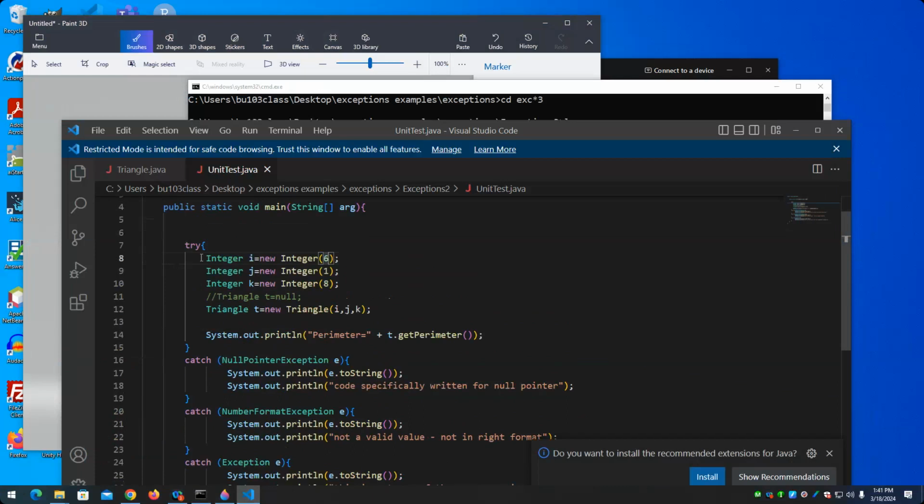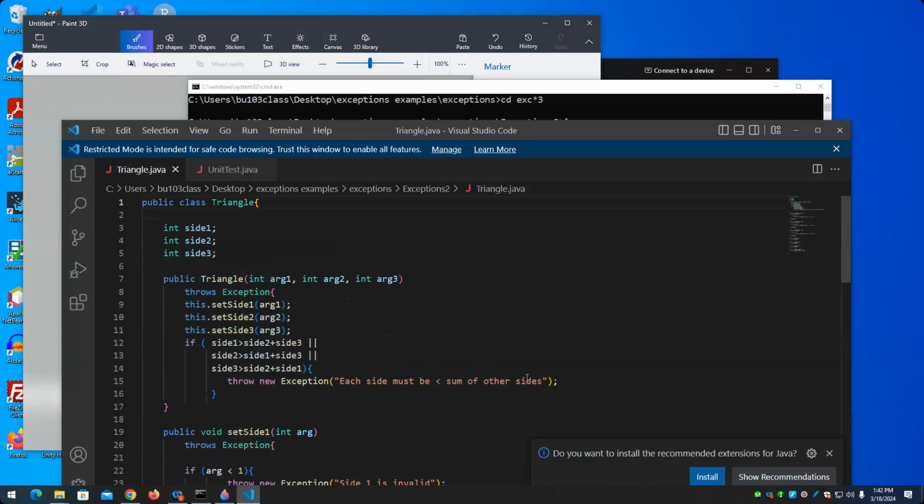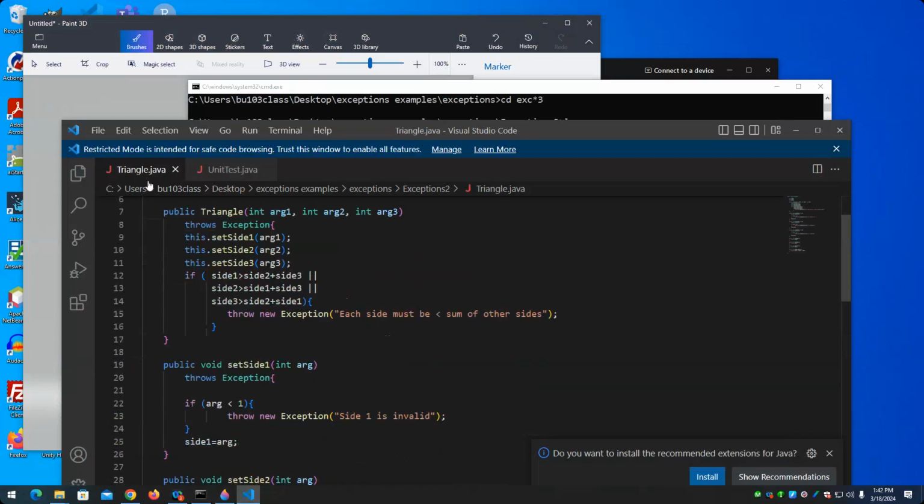So we're going to execute this code. If we get an exception, it's going to look at the type of exception. If it's this exception or this exception, it's going to display this code. If it's just a plain old exception, it's going to display this code. And that code is going to contain the error message that we have defined here in the class when we